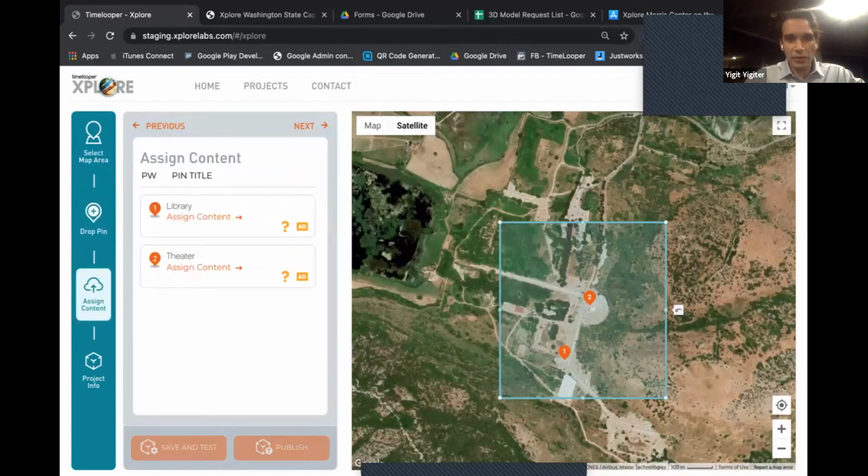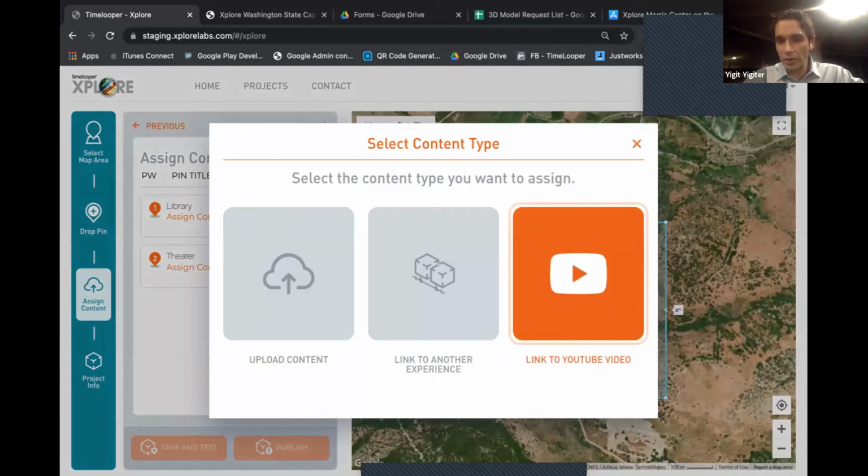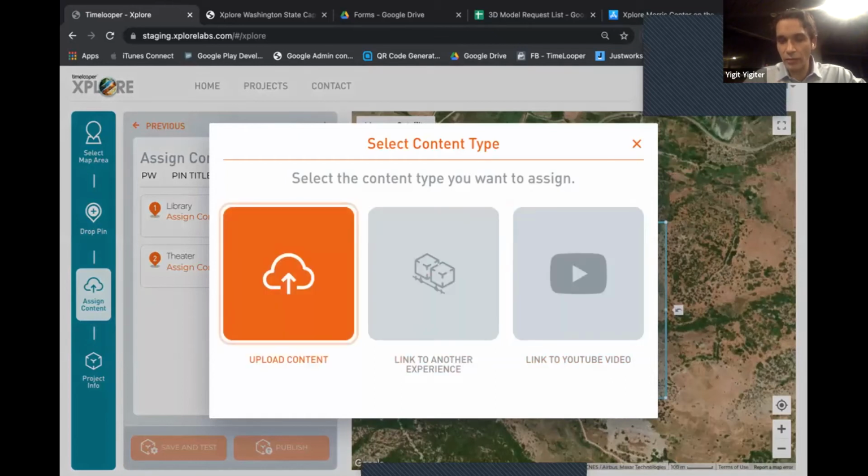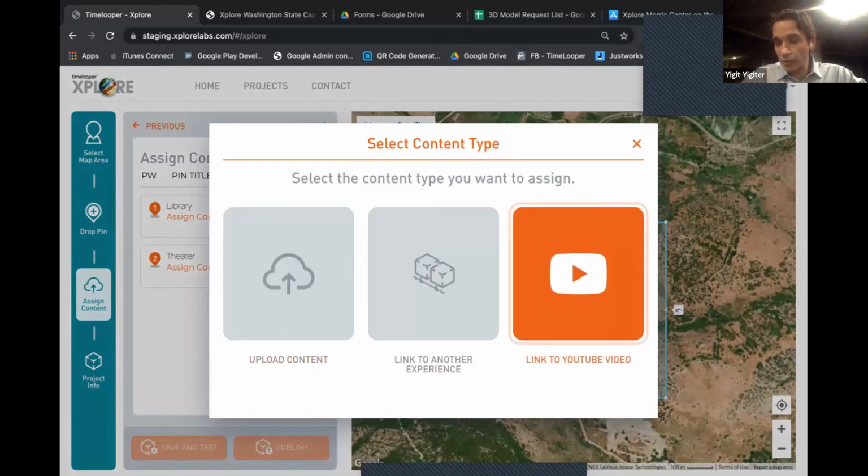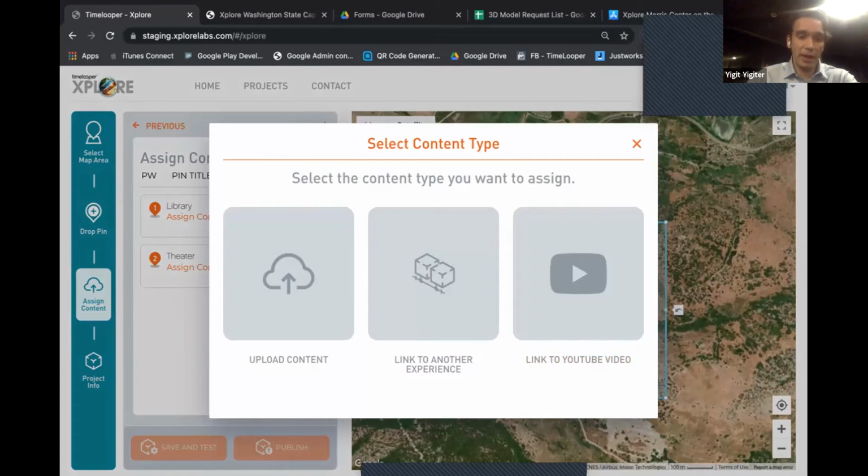And the next step is assign contents. When I click this, 3 options appear in front of me. I can upload content from my own computer, or I can link to a YouTube video and then select the seconds, so it doesn't have to be the entire thing. But also as a teacher, there will be other libraries, for example, a library created by Dive4Ag, or a library created by a cultural institution, so that students can go and use them as their storytelling tool. Now let's go to